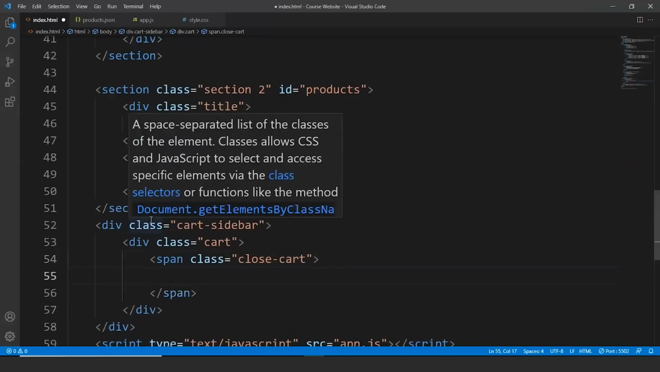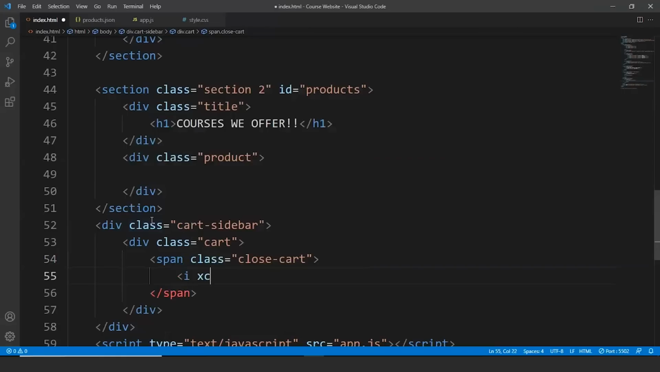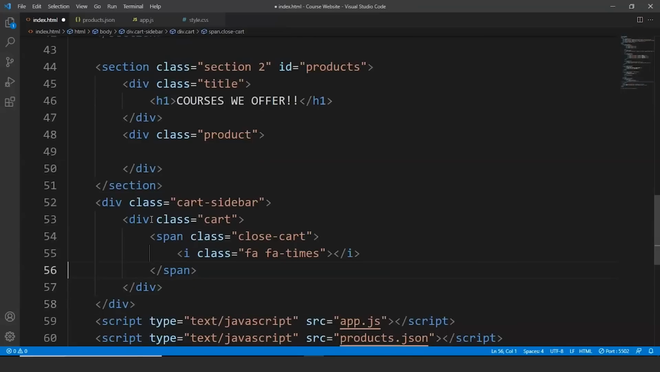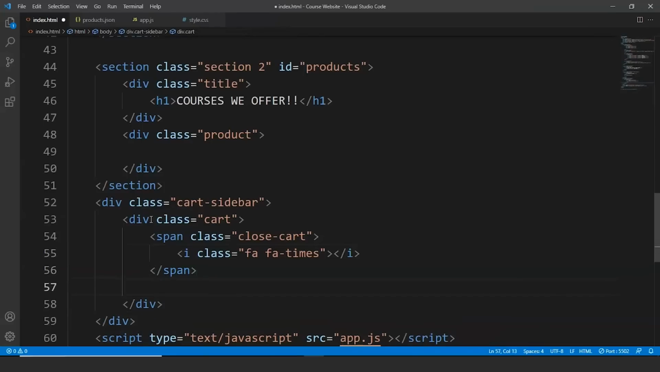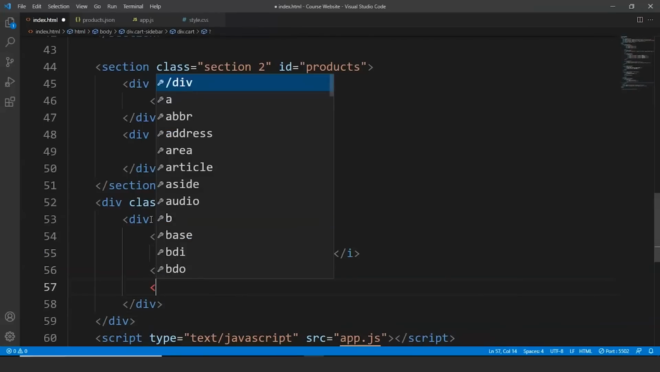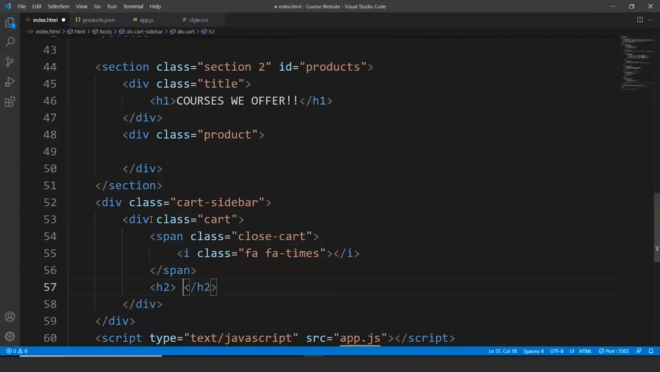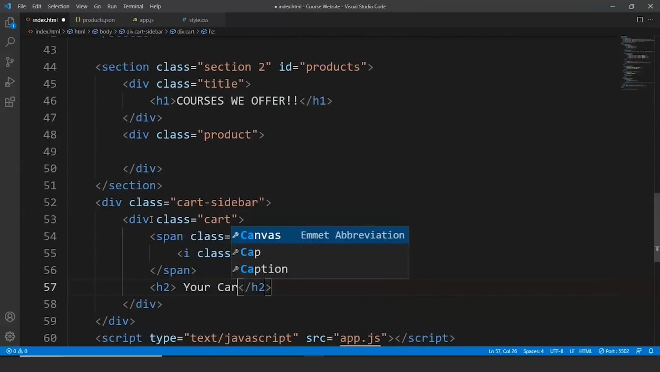Now inside this we'll add an icon. We'll write here I class is equals far times, and we are done with it. Now next up what we are going to do is we are going to write the code inside of our cart. We are going to write here h2. It will say your cart,